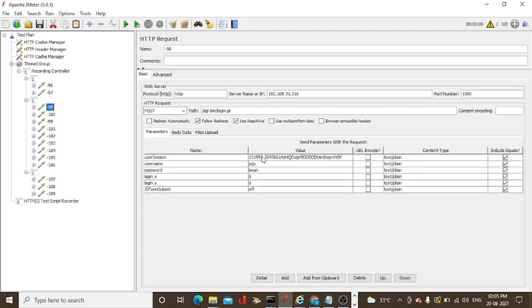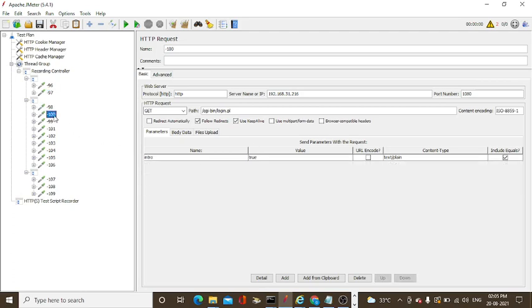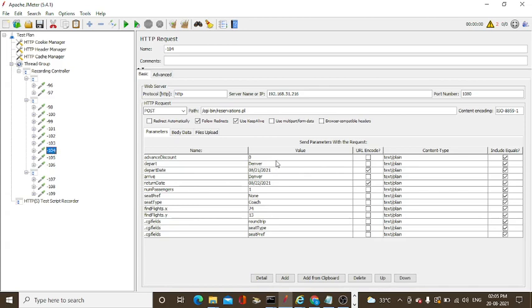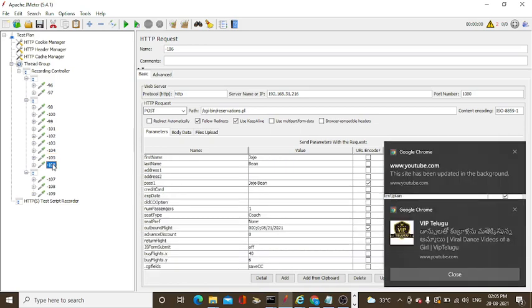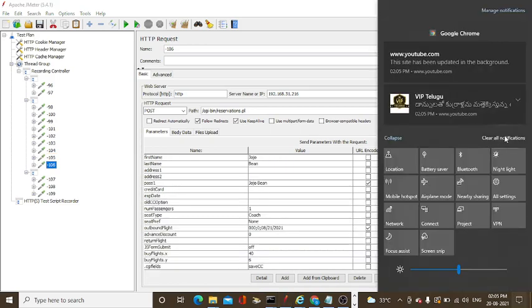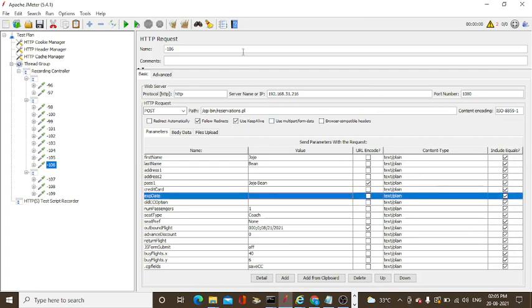You can see this is the login page. This is the dynamic value, the user session. This is a general page, the home menu page, search page, flight page, welcome. This is the flight reservation page. This is the second dynamic value, and select the seat type and preferences. This is the first name, last name, and the payment details you will provide. These are the remaining details of the pages.